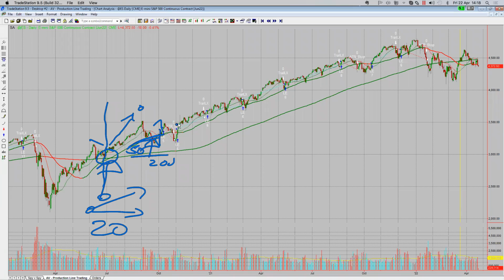So that's the condition. So buyable dips, again, I'm just going to focus on the 50-period. I can do the same thing with the 20-period moving average as well, but just for simplicity, because the chart will get really messy otherwise, I'm just going to look at all the times that prices come back to the 50-period moving average. Again, there's 2 or 3 there, so I'll just mark it off with a square. There's one there, there's one there. And again, I'm just going to mark that off with a square there, because it's come back.